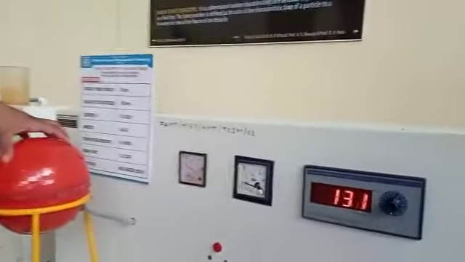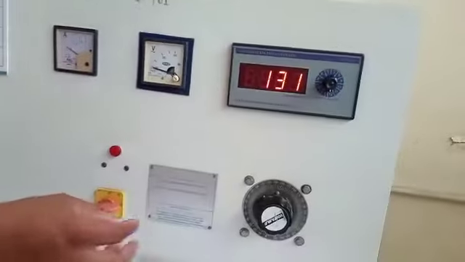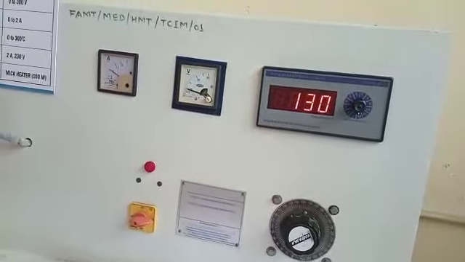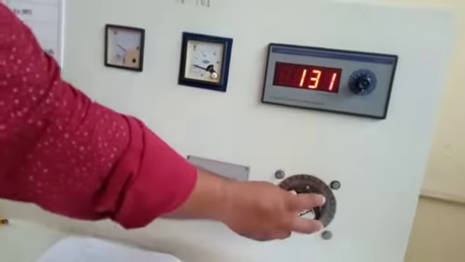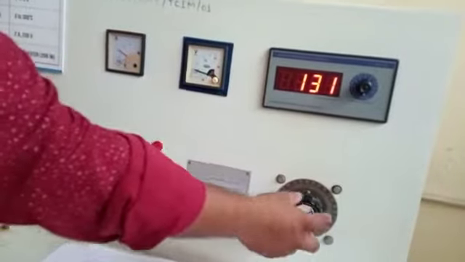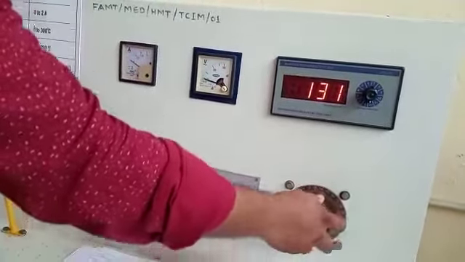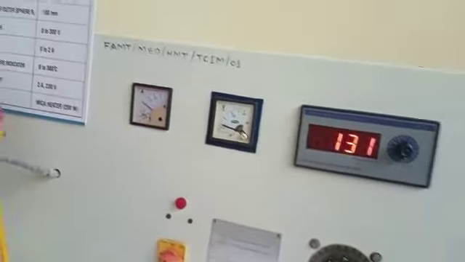As I have said, inside the inner sphere a heater is there. So these are the controls of the heater. We are going to adjust the voltage and the current to this heater with the help of this dimmer. It is basically called a dimmer. The leftmost position is the zero position. As you rotate it towards the right, its voltage and current will go on increasing.